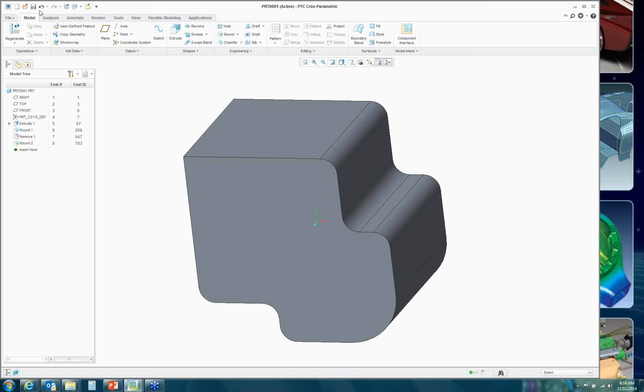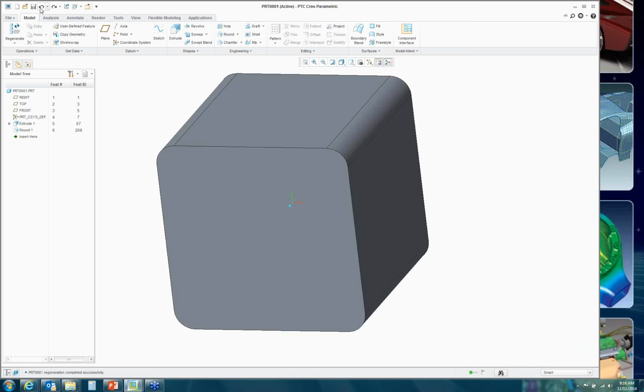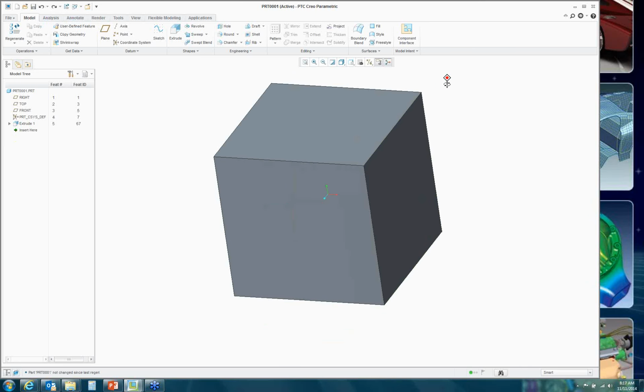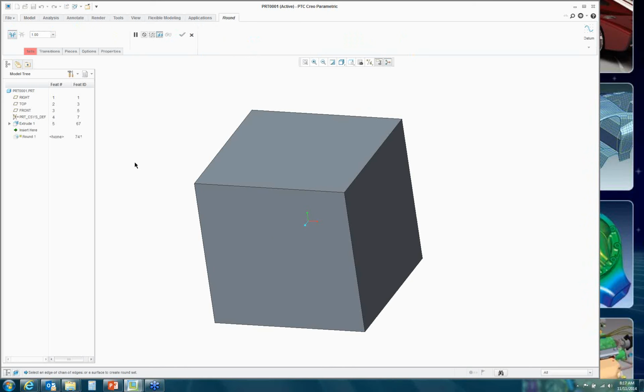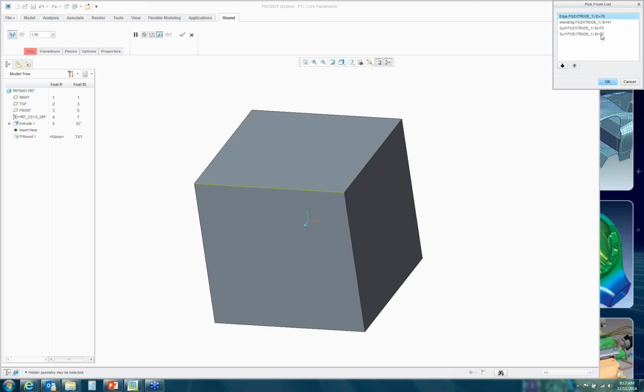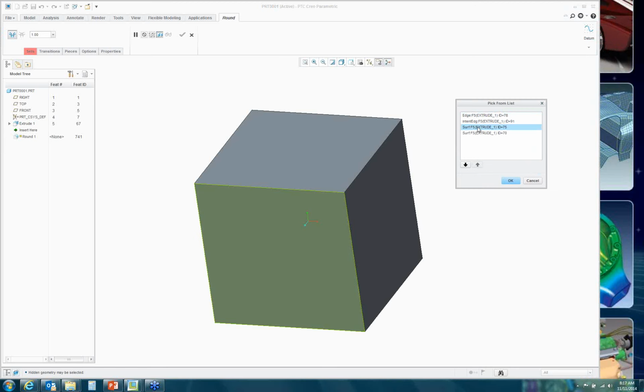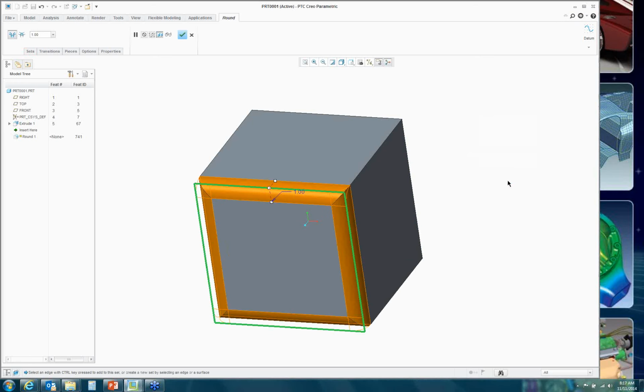Okay? Now I'm going to back up again here because I want to point out that when we use that intent selection, it's going to vary based on what type of feature we're creating, as well as what we're selecting or what we're putting our cursor on. So if I say create a round again, and rather than picking the edge created in the extrude, I can select the edge at the surface, and I'll say pick from list. And you'll see that, again, I have an edge, some surfaces, but I also have the intent edge, which is all 4 of those edges at the end of the extrude. So if we say OK,